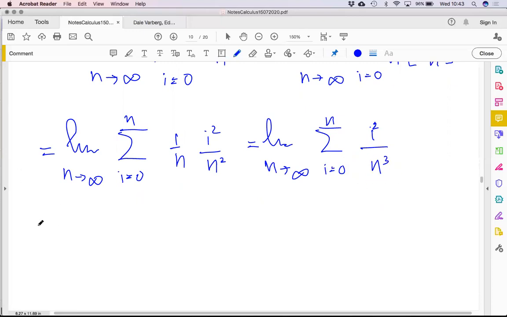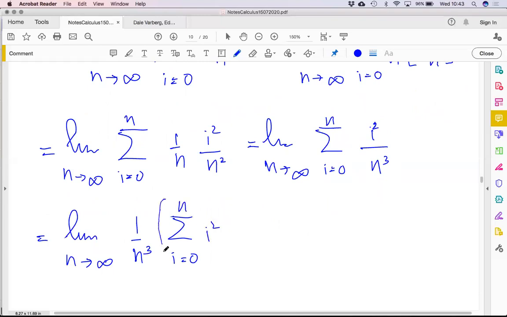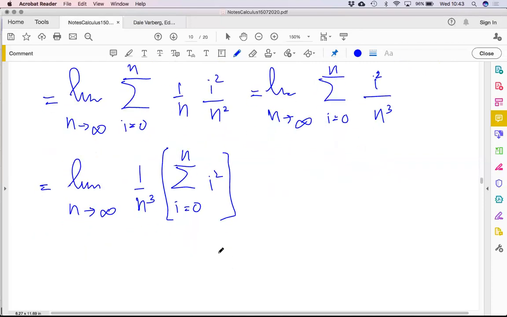Based on the property of sum notation or sigma notation, we can take n cubed outside the sum, and then it leaves us with i squared. The i squared in here, we already have the special sum before from our previous